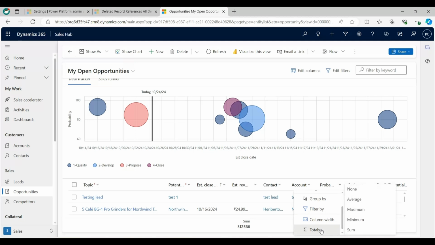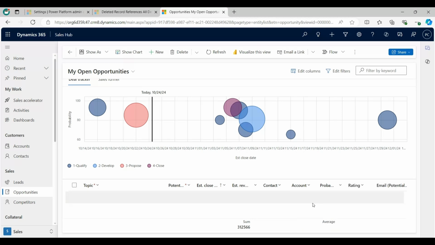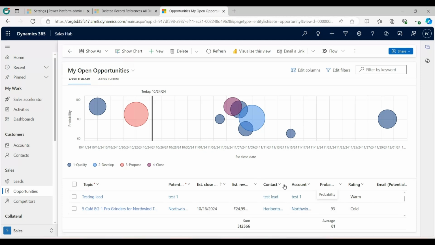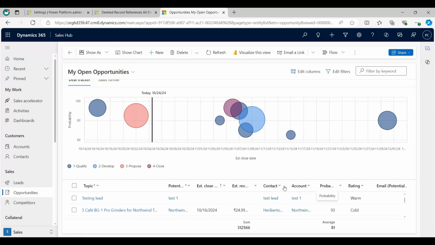So go to Total and select Average from here for the entries in the probability column. Only column rows that don't include a value would be ignored in this calculation. These customizations are not saved, but they can help sales and other teams interpret their data more quickly.